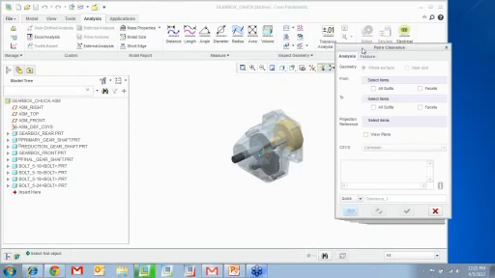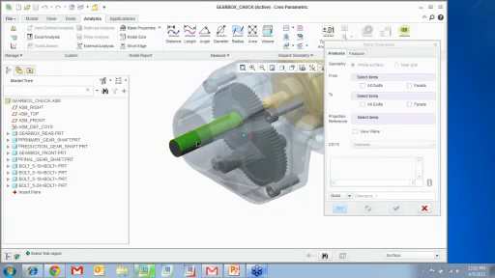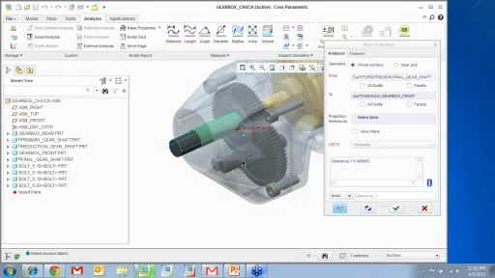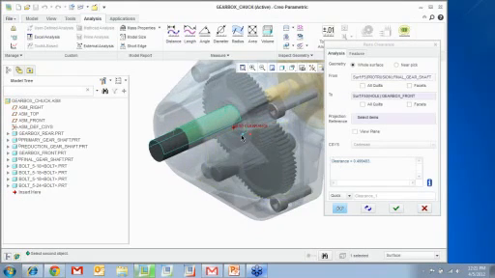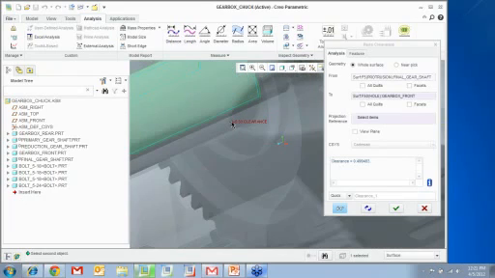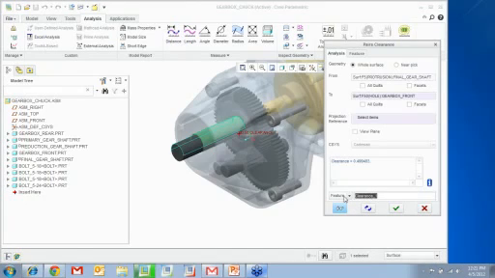So right here we can go ahead and pick surfaces. I'm going to use my smart filter and pick surface. So I picked two surfaces. Notice that there is positive clearance. That means there is no interference. Okay. You can go ahead and save this as a feature. You can call it